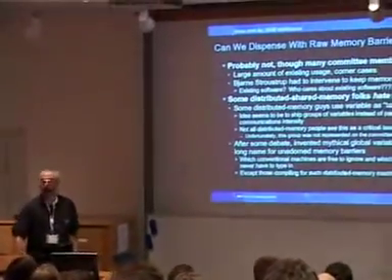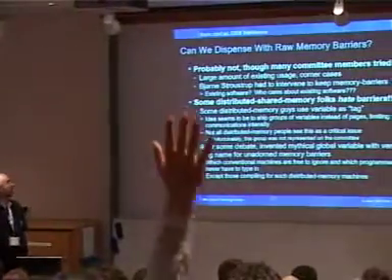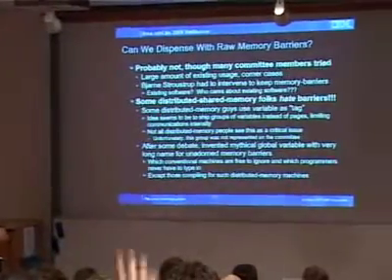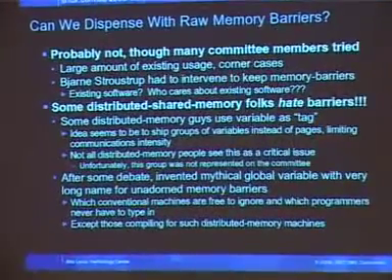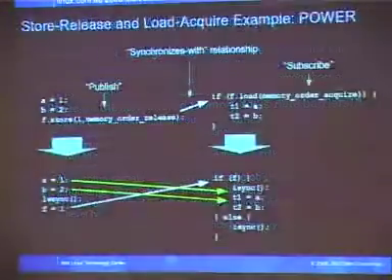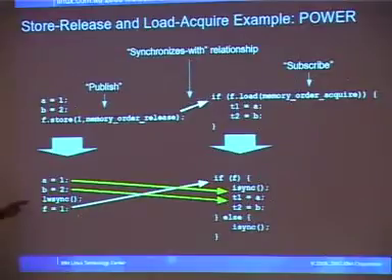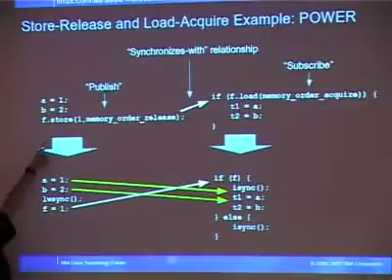So a lot of people on the committee really, really did not like unadorned memory barriers. And the thing is, there's a large amount of existing usage. Yes? Can you tell us exactly what you mean by memory barriers? Okay, let me show you on the previous slide. This thing right here is a memory barrier. It's not associated with a variable. All it does is enforce ordering of the things before it and the things after it. So this would be an unadorned memory barrier, where the f.store up here has a variable associated with it.